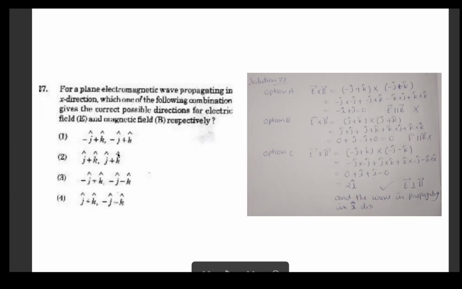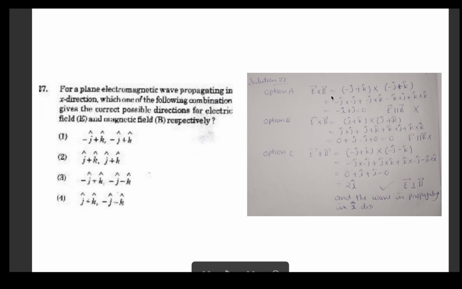In the 27th question, they asked for a plane electromagnetic wave propagating in x direction. So the wave is propagating in x direction. Which one of the following combinations gives the correct possible direction for electric and magnetic field respectively? We know that for the electromagnetic wave, electric field vector, magnetic field vector and the direction of the wave propagation are perpendicular to each other. And this is a lengthy question because we have to solve this question from the options. So we pick option 1 and multiply E cross B,